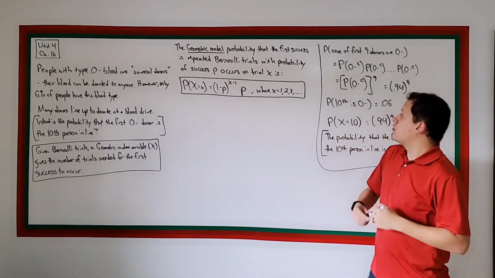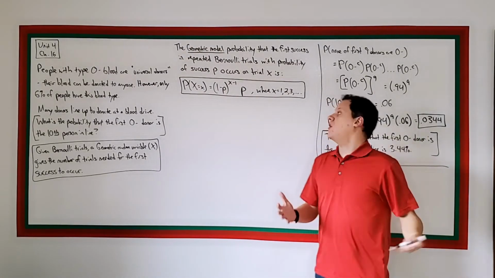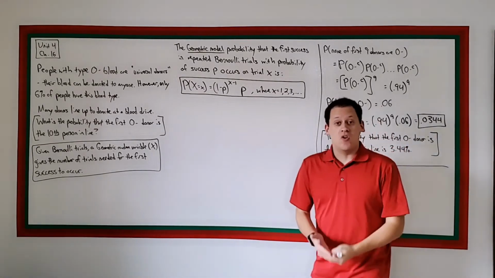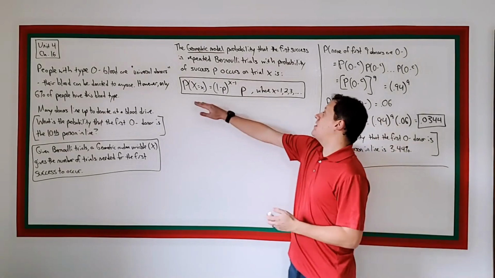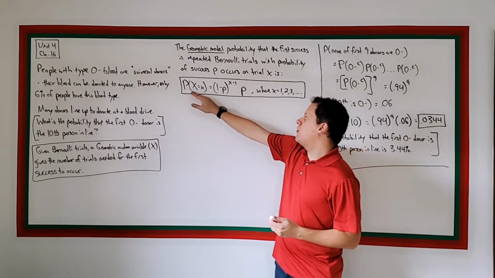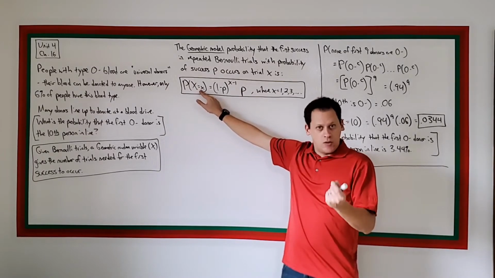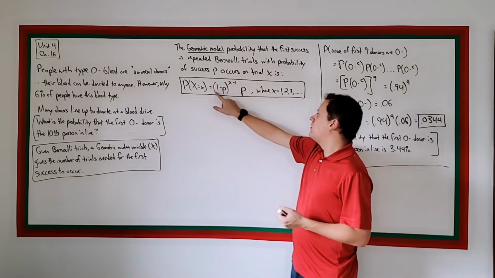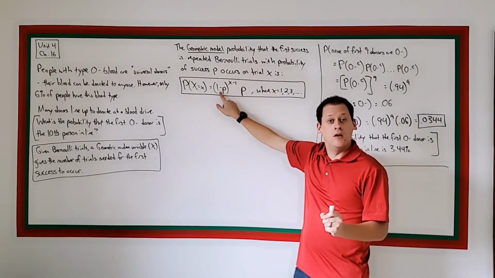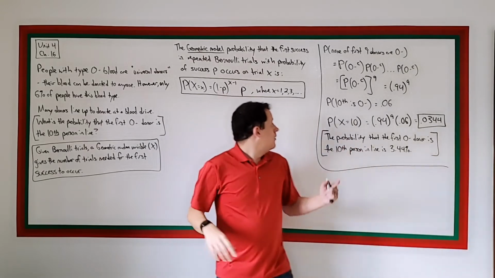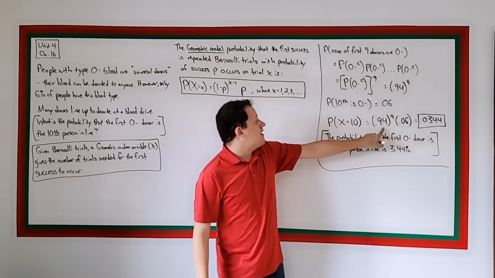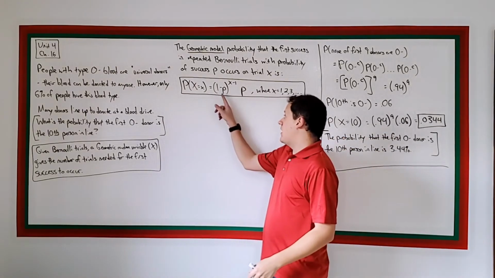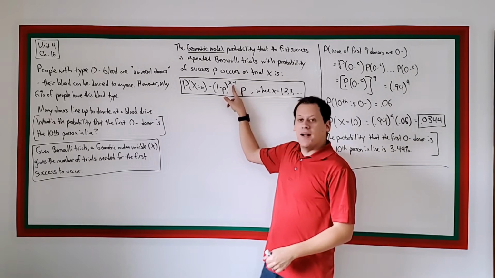So the probability that the first success in repeated Bernoulli trials with probability of success P occurs on trial X is given by this formula here. The probability that the random variable is equal to a particular number of trials, like 10, is equal to the probability of failure, which is 1 minus P, which here was 0.94, because the probability of success was 0.06. So that was 1 minus 0.06, raised to the x minus 1 power,